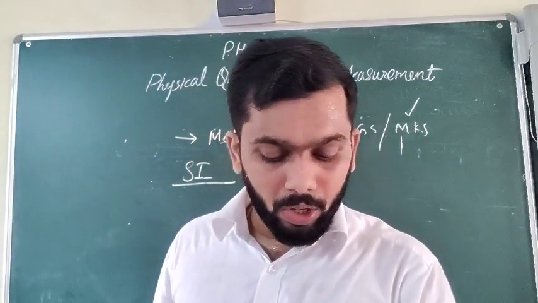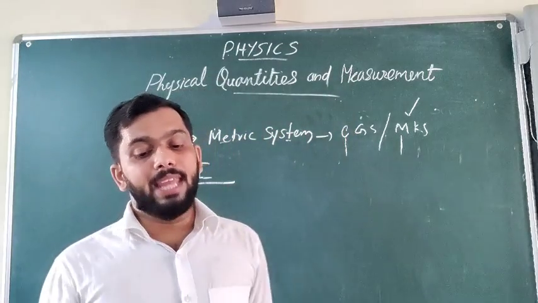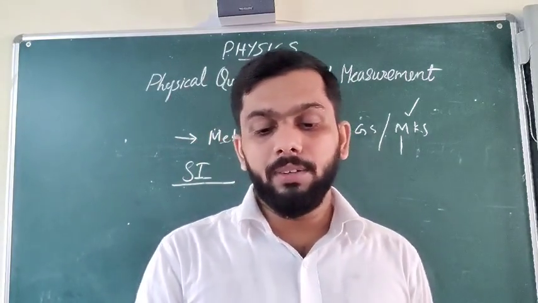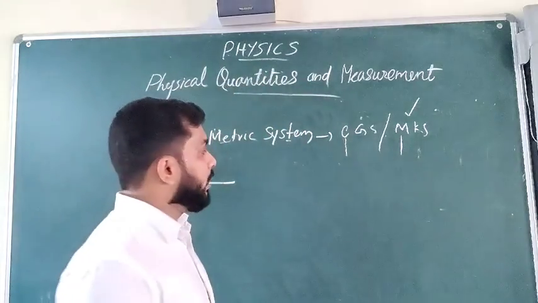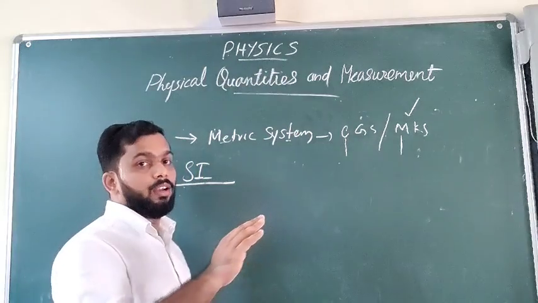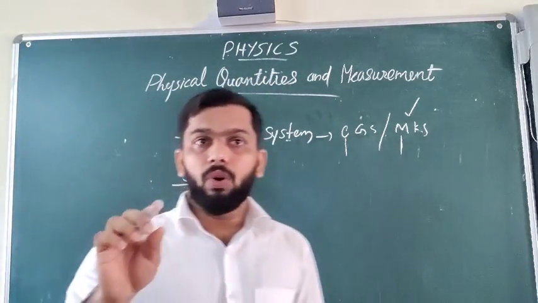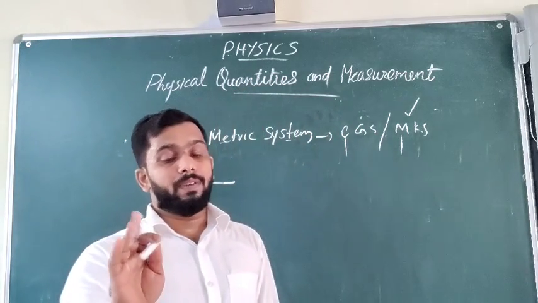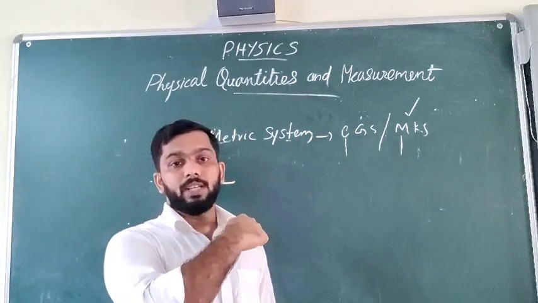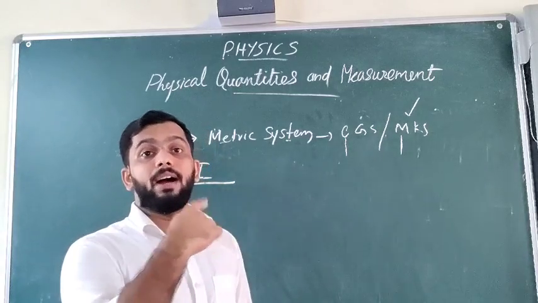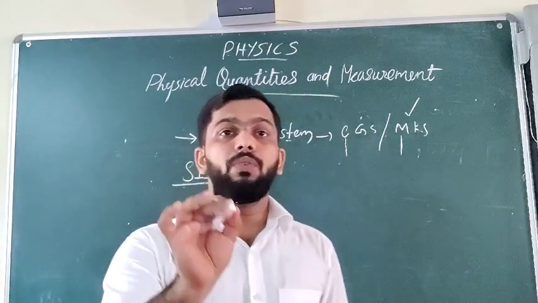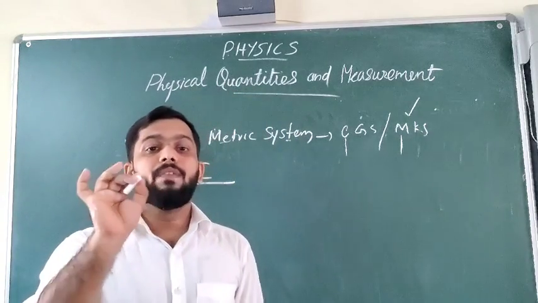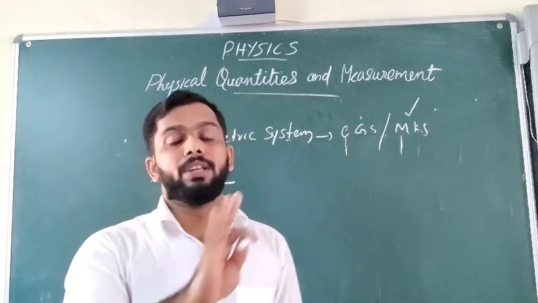Up to this it's clear now. Now you can look at page number 19. There is a table given, table 3.1. There you can see that we have only 7 fundamental units. So in 1960 at Paris, they developed the SI system. It means they decided to give a standard measuring unit for these 7 fundamental quantities.